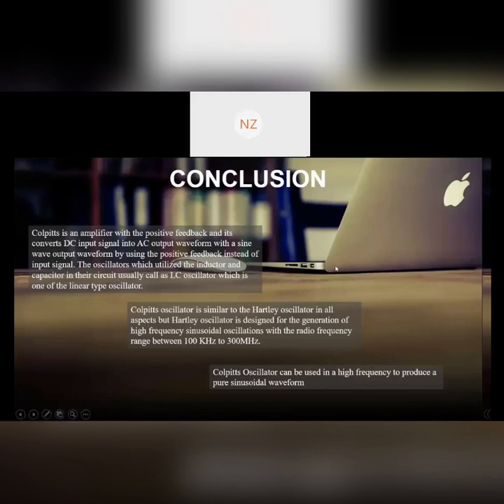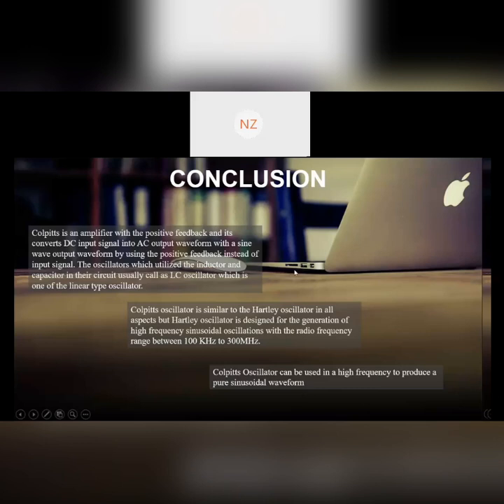As a conclusion, Colpitts is an amplifier with positive feedback and it converts a DC input signal into an AC output waveform, a sine wave output, by using positive feedback instead of an input signal. The oscillator, which utilizes the inductor and capacitor in its circuit, is usually called an LC oscillator, which is one of the linear type oscillators. Colpitts oscillator also is similar to the Hartley oscillator in all